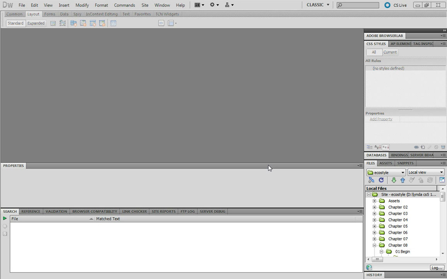And the trick with our school is that every weekend our system resets this, so you'll have to get used to every Monday, or every time you go into Dreamweaver at the beginning of the week, that you're going to have to set this up. It's just what you have to do, and you'll be able to tell if over here on the right hand side it has My Documents or Desktop. If it shows Desktop, you'll know that you're not in your website